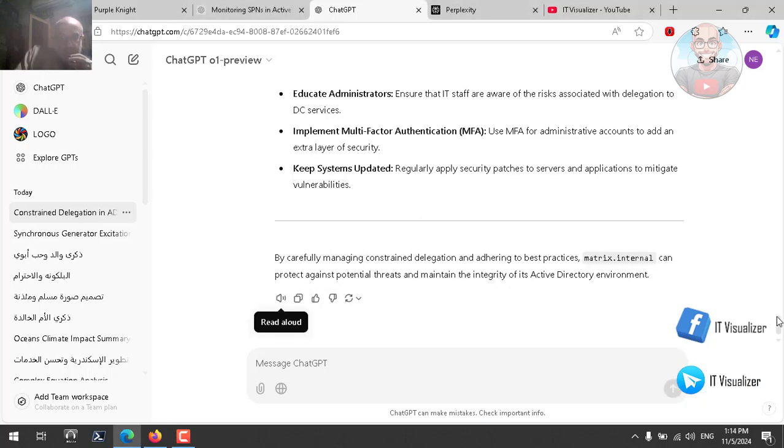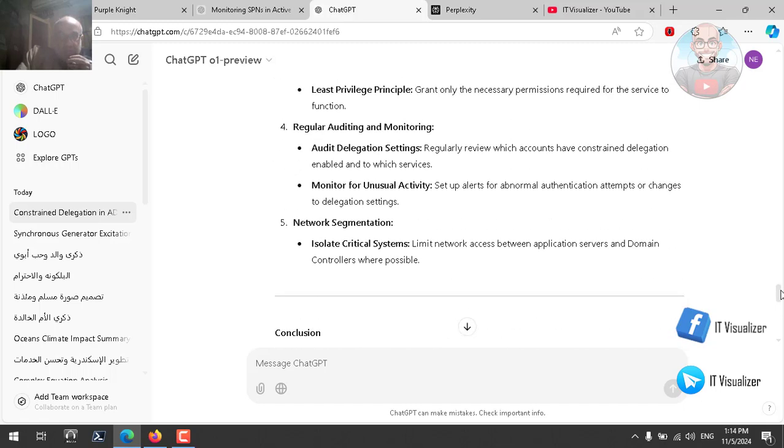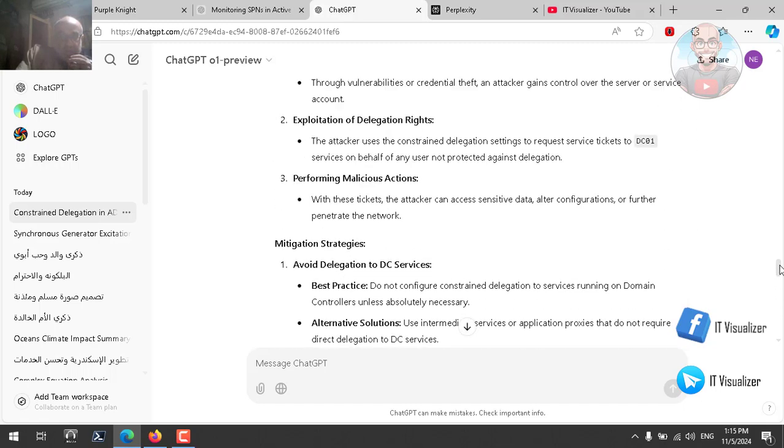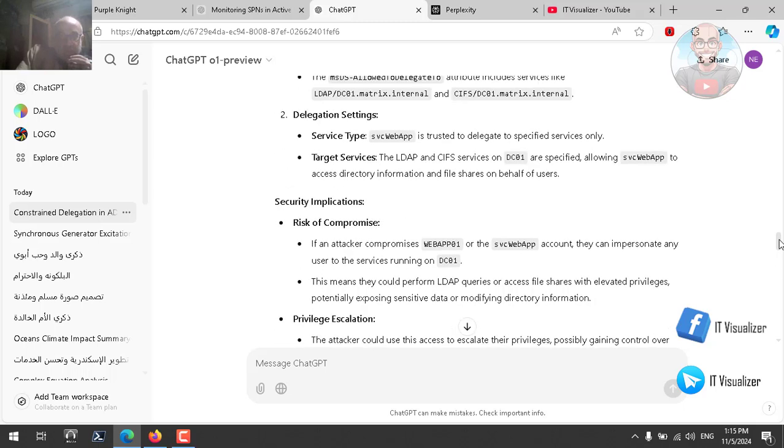So let's continue, guys. I will read it myself because I have interrupted the sequence. Here we stopped at this one: the LDAP and CIFS services on DC01 are specified, allowing SVC_WebApp to access directory information and file shares on behalf of users. Security implications,